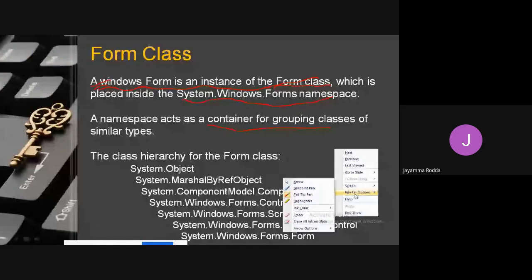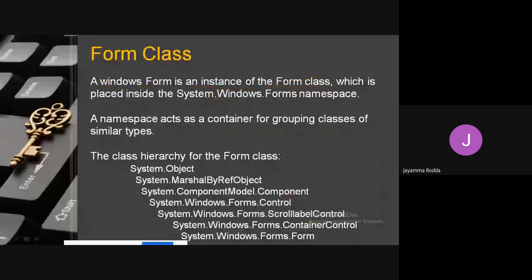So this is the form class, and it has the system.windows.forms namespace, and this is the hierarchy of the form class. Look at this, all of you. System.object, within which System.MarshalByRefObject, and within which System.ComponentModel.Component.